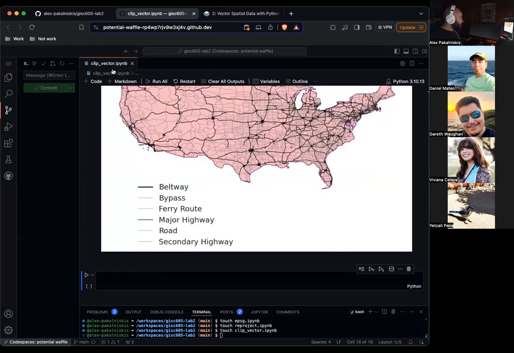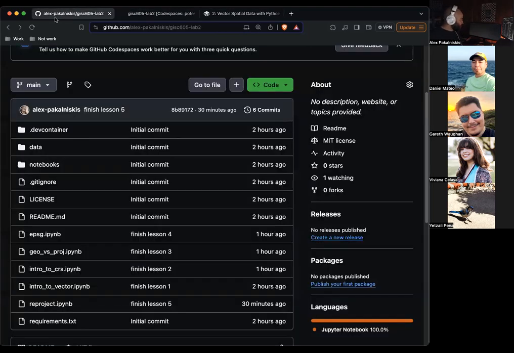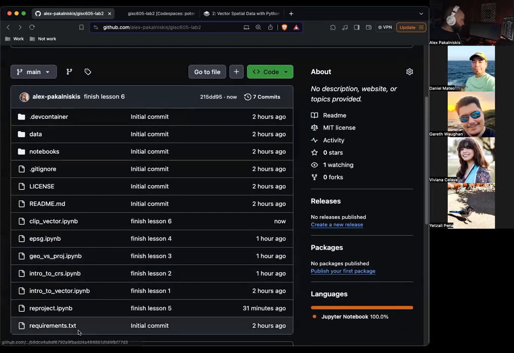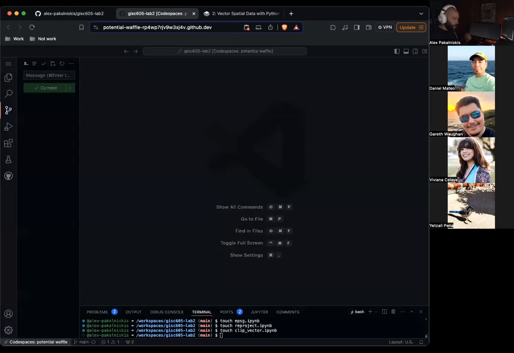Okay, finish this one. Let's just double check GitHub looks good. Reproject. Yeah, or clip vector. Yes. Okay. Now let's do dissolve polygons.